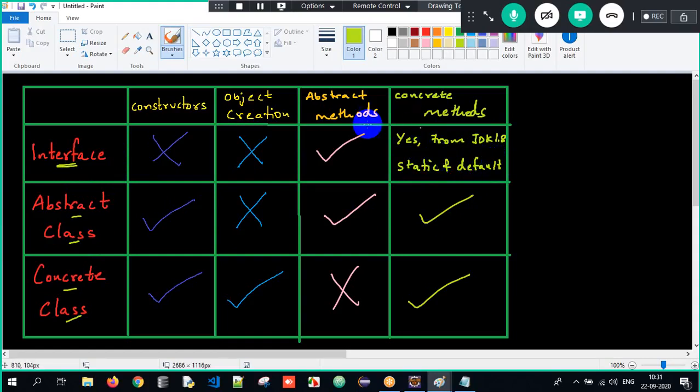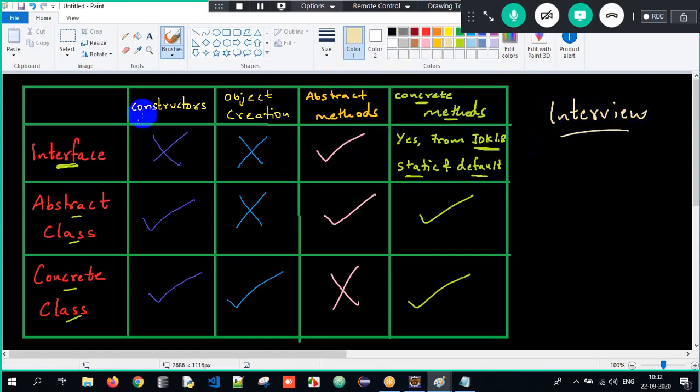A normal concrete method we cannot have no matter what. This is the difference they are going to ask in interviews, and don't screw it up.